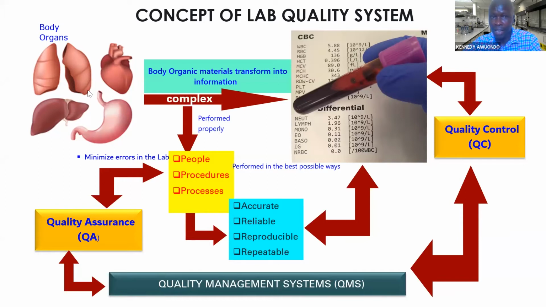Like in this case, you can see the body organs here. We have the liver, the kidney, the spleen, the heart. So the process of transforming organic materials into information is complex. It's a complex system,